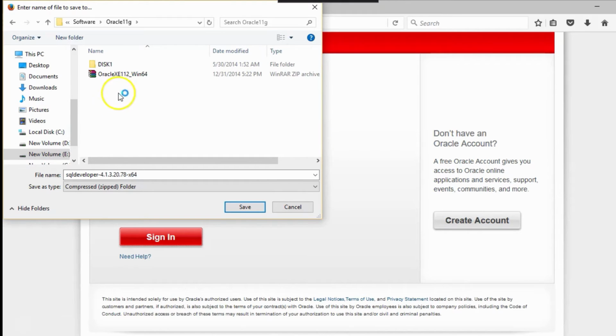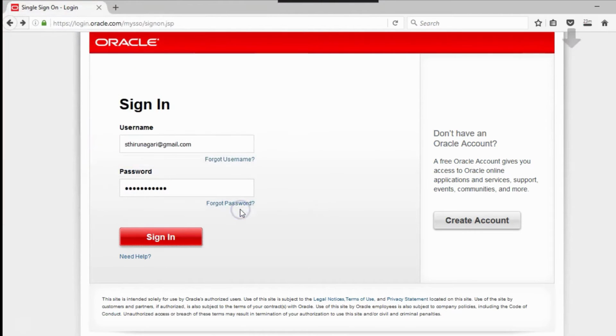Oracle Express 11G edition is already there, and along with that I am downloading this. Click on save. It will be saved onto your disk in a particular directory. If you want, you can create a new directory and download it there.